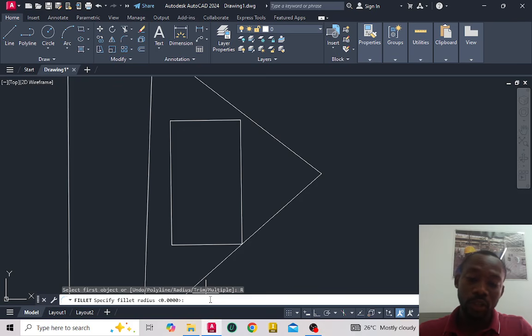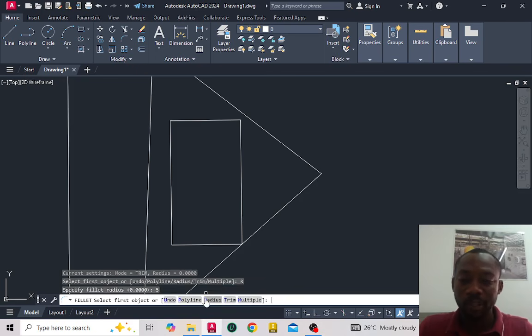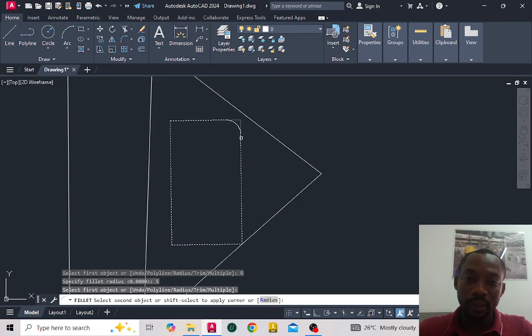If I had not clicked on radius, it means that the software has selected 0 as my radius, which will end up having no fillet. So I'm typing in 5 as my fillet radius, and I click the lines, this line and that line. You can see that my